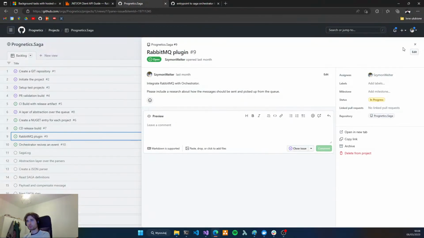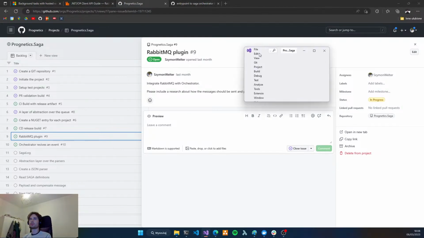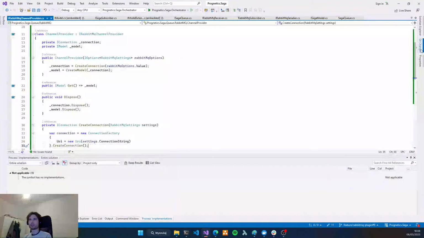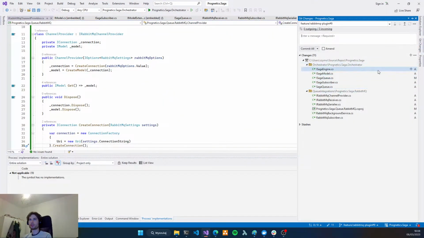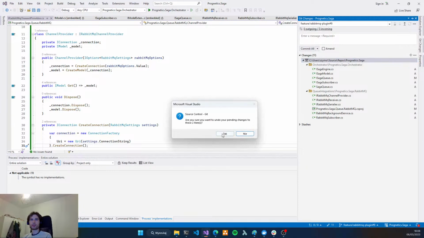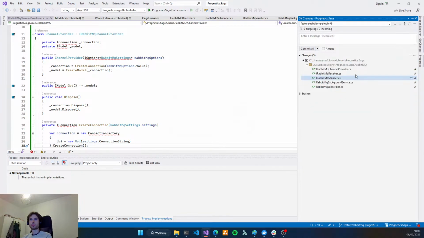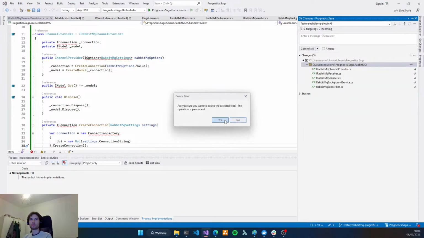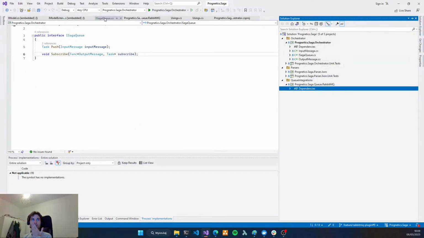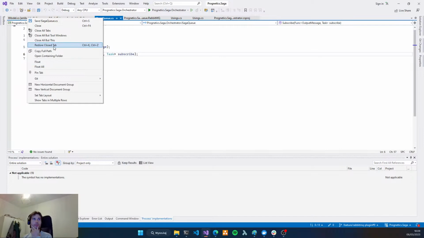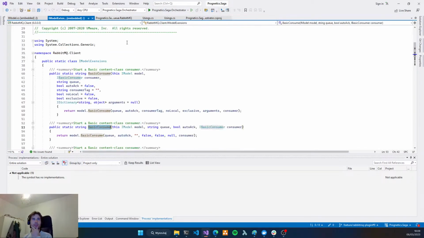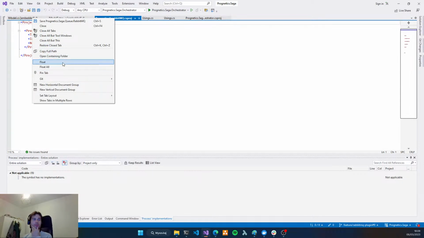So let's go. I will open the code. I have some changes here, but I will discard the changes and we will work from the start, because this is not needed.